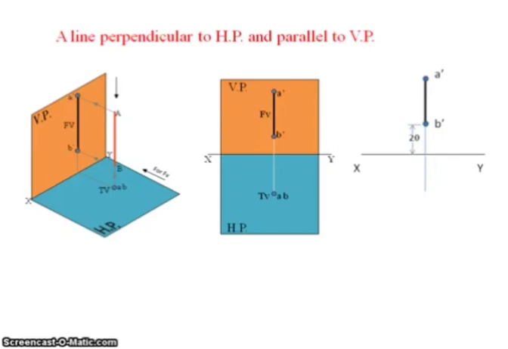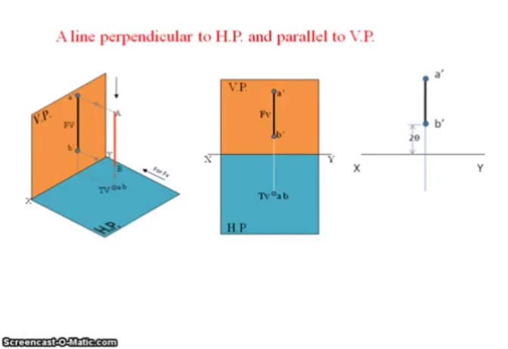Next we go for the top view. In the top view we can see only the dot in this case. Once again in the question the condition will be given, like the straight line is 30 mm in front of the vertical plane, or 20 mm in front of the vertical plane. That means it is at a distance of 30 mm or 20 mm from the vertical plane.